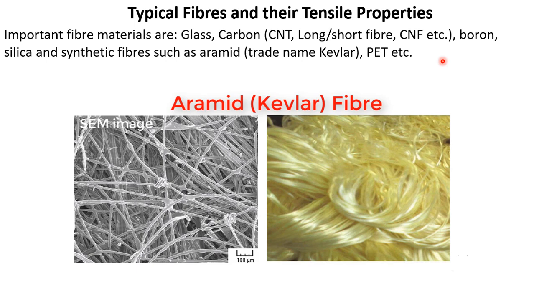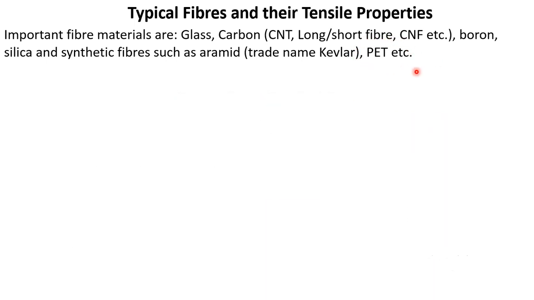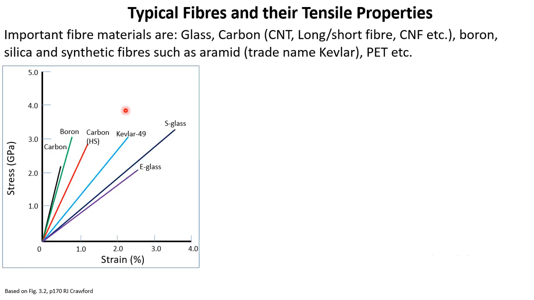One of the important aspects of these fibers is that these fibers are extremely strong compared to the matrix. Here we have got stress and strain curves for many of these fibers we have just explained. For example, carbon is here, next is boron, another type of carbon fiber, Kevlar. Glass has got two types, S and E type here. We can see that carbon and boron give the highest stiffness because the value of E or Young's modulus is high for this carbon and boron fiber.